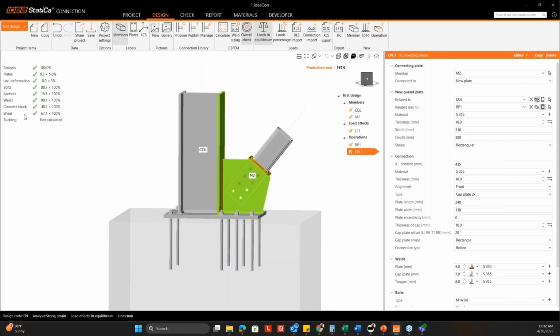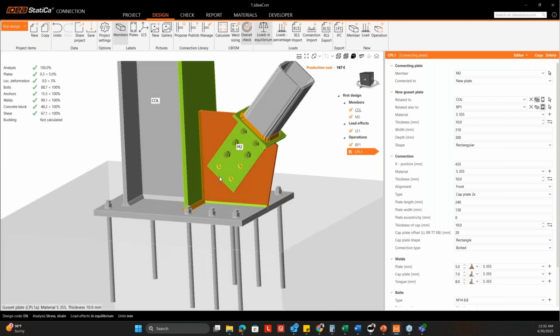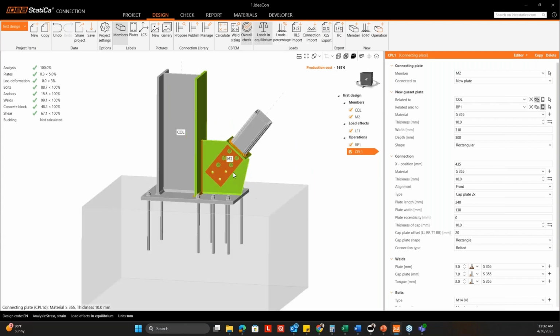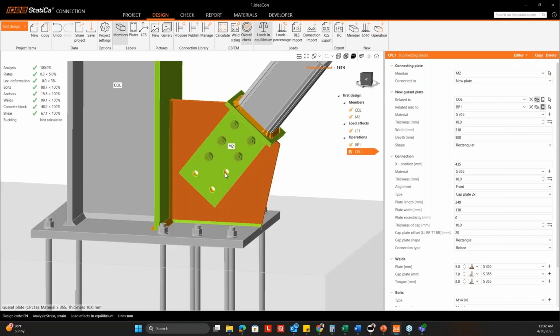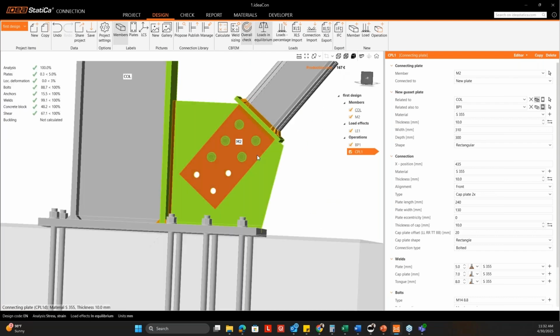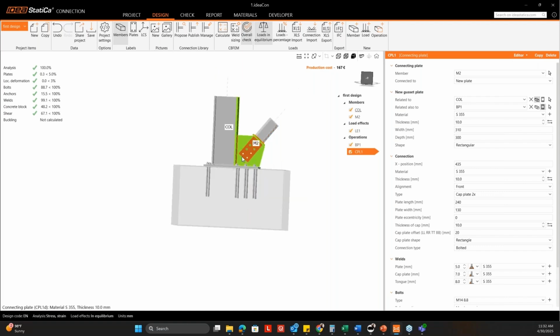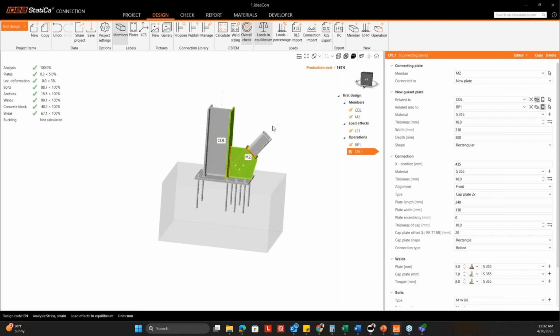And it's done. So as I can see, the utilization ratios are all within limits, and it's fine. We can say that you don't need to modify anything on the site. You can leave the 3 bolts as they are. No need for any modifications. Only 5 bolts are enough to transfer the force from the bracing. So no further changes are required. I can take a report successfully and submit it to the client for reapproval of this site condition, and